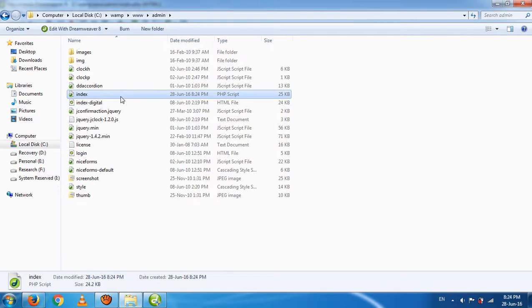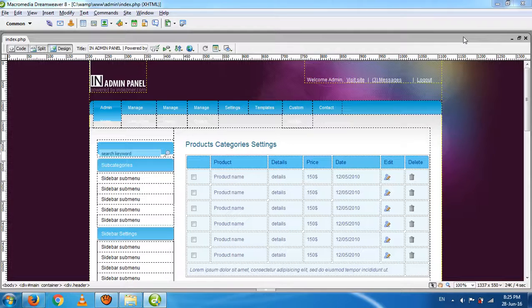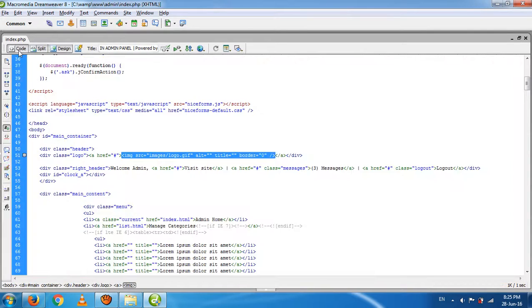So right now we have the file index.php, and here is the template. This is normally the logo of your project. If you have a logo for your project, simply select that portion and click on the code, and it will be highlighted over there.